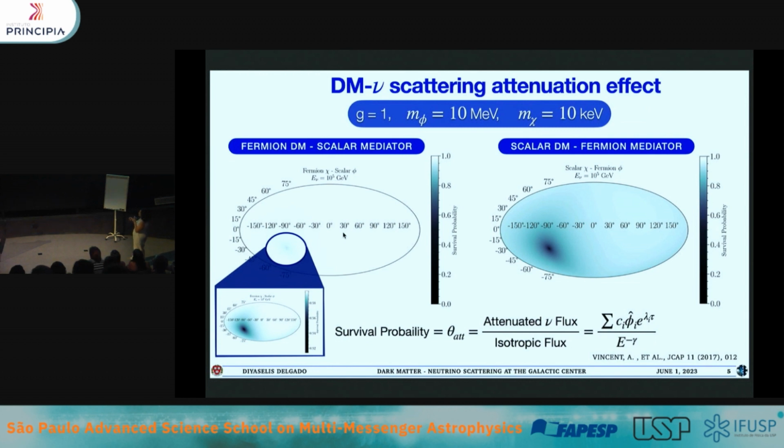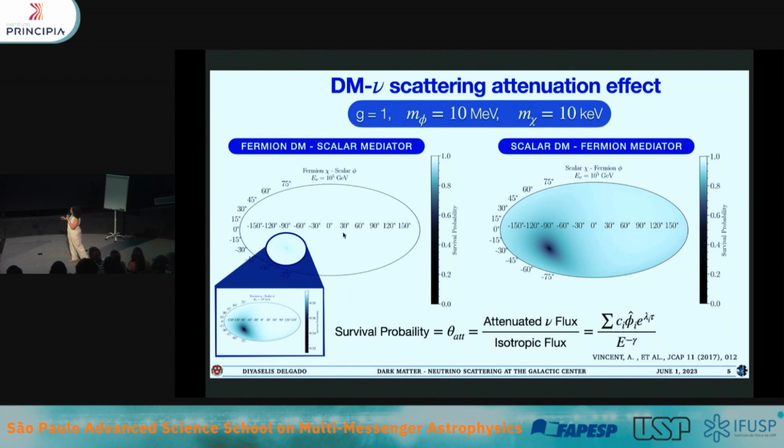Which is a ratio between the attenuated neutrino flux and the isotropic flux. So for now, we are considering a single power law, but we can also consider a broken power law and get even more details into it. So on the left, for a given dark matter parameter like coupling, mediator mass, and dark matter mass, and for this model particularly, the fermionic dark matter scalar mediator, we can show the survival probability, and you can very barely see anything. So we have to zoom in, and what we see is that at the galactic center, you